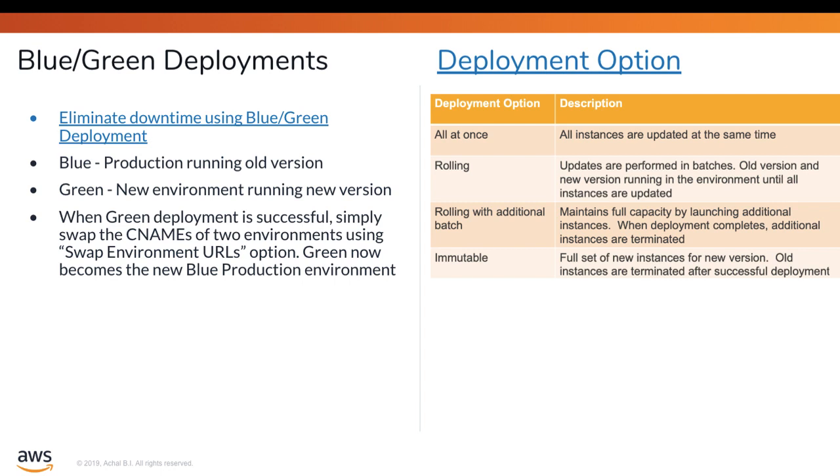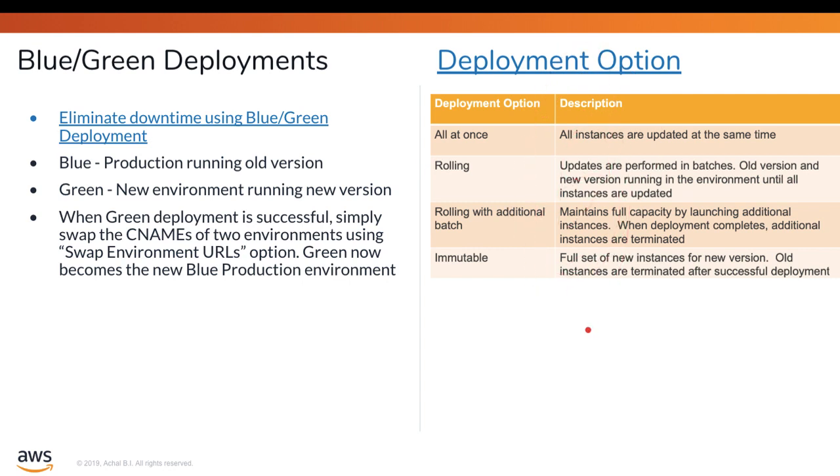So there are two environments which you could use. The old environment will still be catering to the needs of the request, and you bring the green environment, you test it. Once you feel the green environment is ready to replace the older version, then you could just go and swap the environment URLs. There is also a link I've added on how to eliminate downtime using blue-green deployments. There are many deployment options provided by